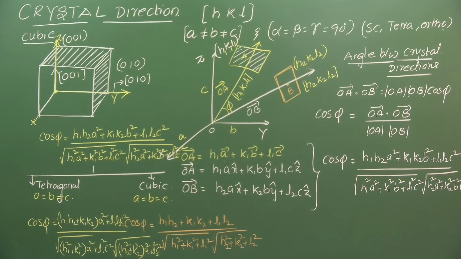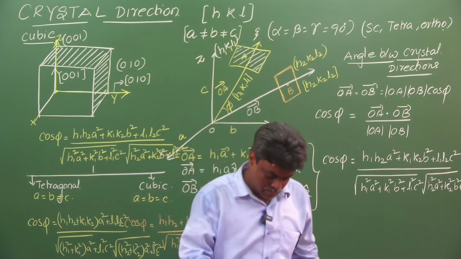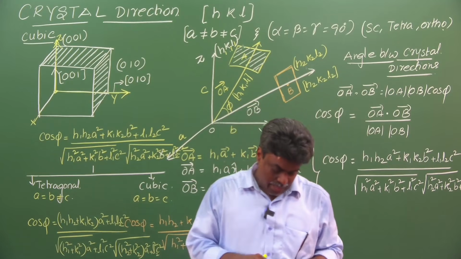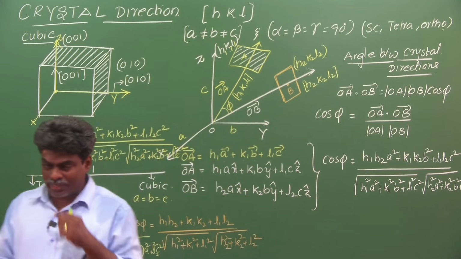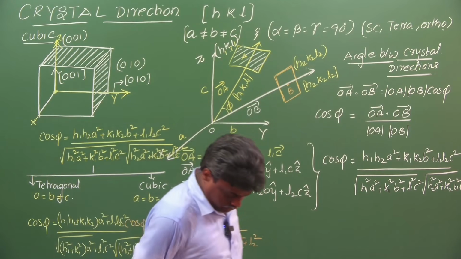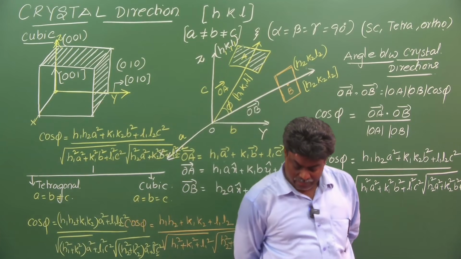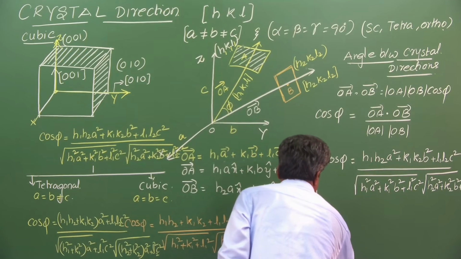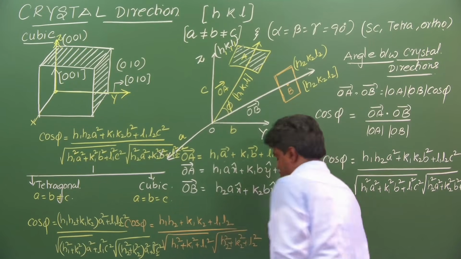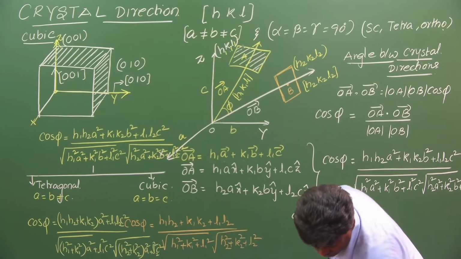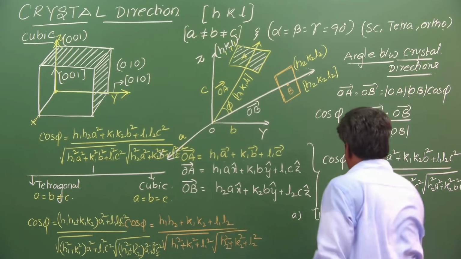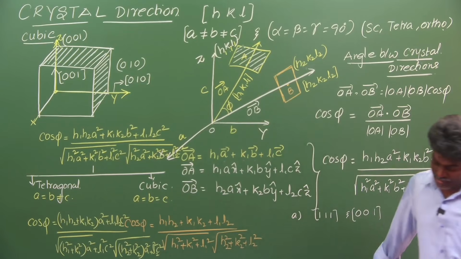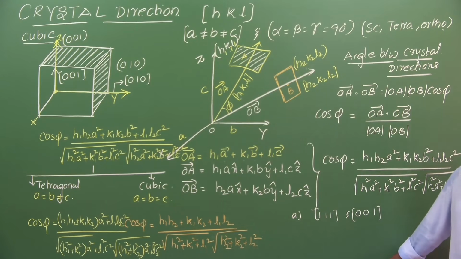Ready? So take the two problems. Easy, amma, easy. Just they will give HKL and you have to substitute. Write down. Just write the questions and do it later. Calculate the angle between 111 and 001, square brackets, 111 and 001,